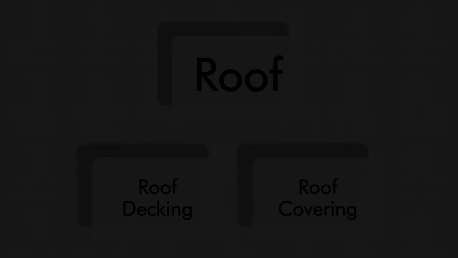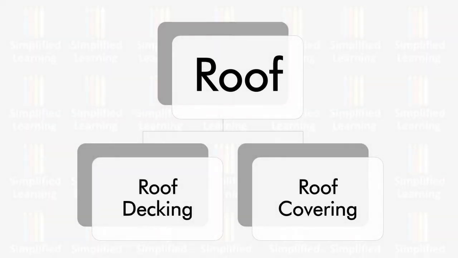When we say the term roof, we should keep in mind that we are talking about two things simultaneously. One is roof decking and another is roof covering. The roof decking means the platform that supports the opaque surface that forms the roof cover. Roof cover is the thing which forms the flat, horizontal or inclined surface area that receives all the natural forces and protects the user from those forces, and we need some platform over which we can lay that roof cover. So the term roof is a simultaneous agglomeration of two things: roof decking as well as roof covering.